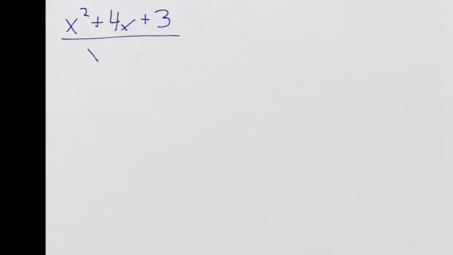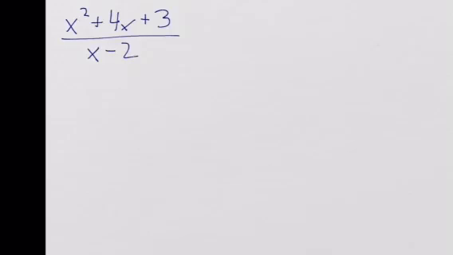In this video, we're going to take a look at how to find the asymptotes of rational functions. So we're going to use a rational function (x squared plus 4x plus 3) over (x minus 2). So the first thing we want to look at is vertical